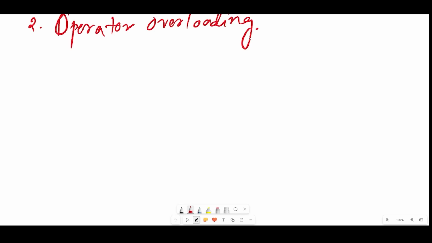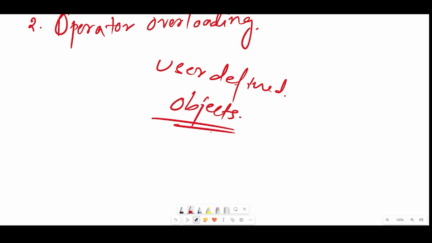Welcome back. In the previous class, we have seen function overloading. We have also seen the implementation in a program. Today, we're learning about operator overloading. We can overload an operator just like a function, as long as we are overloading user-defined items. For example, if you want to overload objects, you can overload an operator for them. You can do that if it is user-defined. Since objects are made by the user, we can overload them.